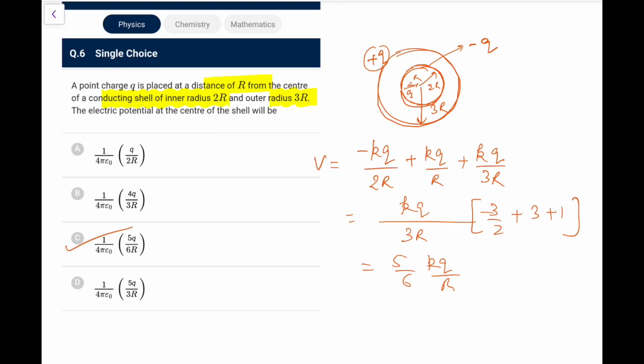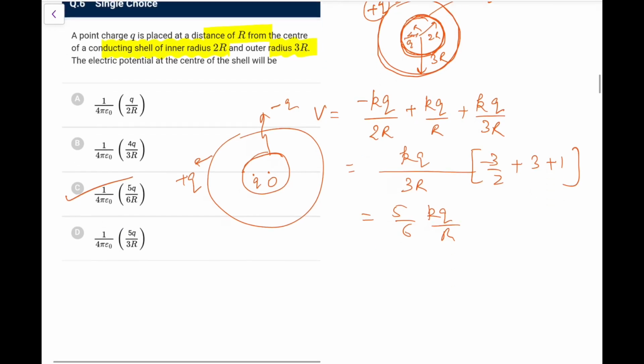So very good question. Just remember the charges induced here would be non-uniform, here would be uniform, but for potential the actual distribution doesn't matter. I'm again explaining because I doubt how many know this concept. This is q. Here on this complete surface we will have minus q, and on this outer surface we will have plus q, and now write the potential at this point O, the center. So it's a very good question.